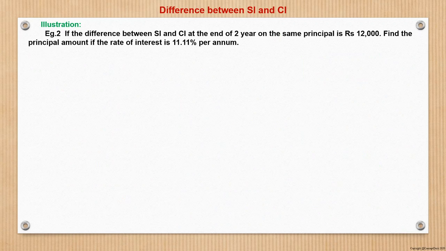Let us move to question number 2. If the difference between CI and SI at the end of the second year on the same principal is 12,000. So here